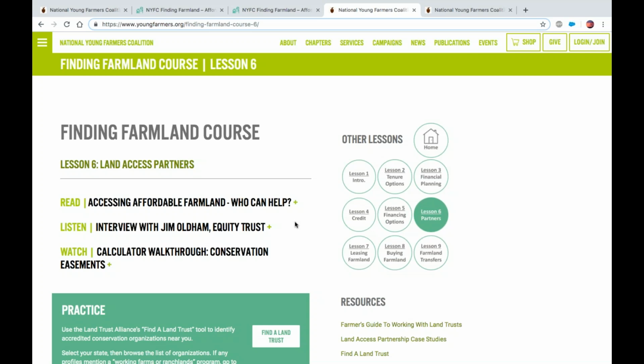FarmLink has created some really innovative language to essentially offer a protection on permanent infrastructure built on a property, which essentially is a buyback minus depreciation of the value of that infrastructure. My hope is that when you are planning for infrastructure on leased land, you think about the usable life of that infrastructure and you try to have a lease as close to using up that usable life as possible.